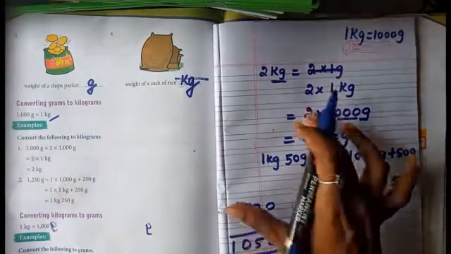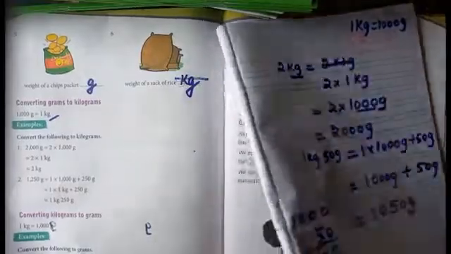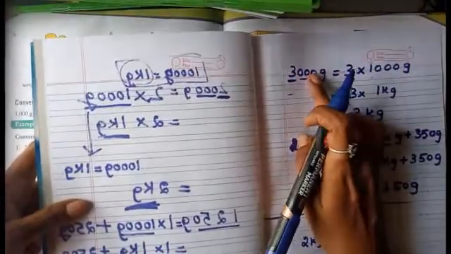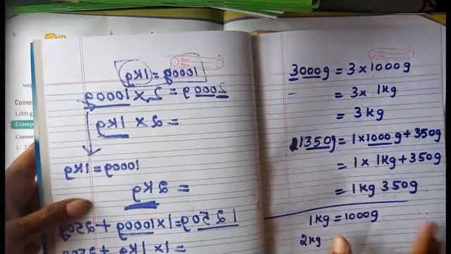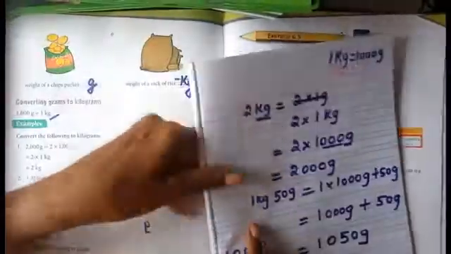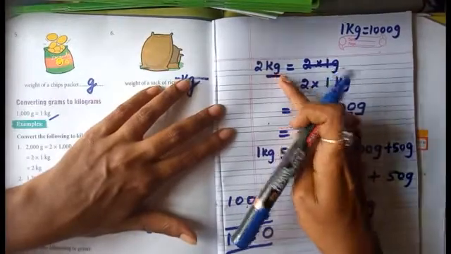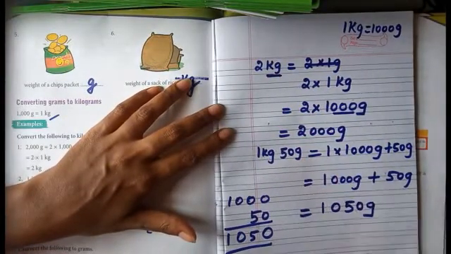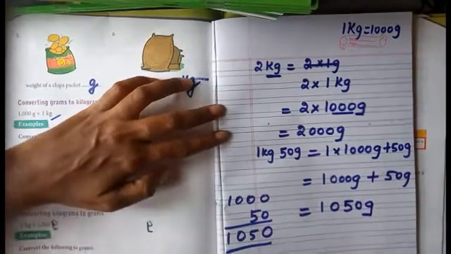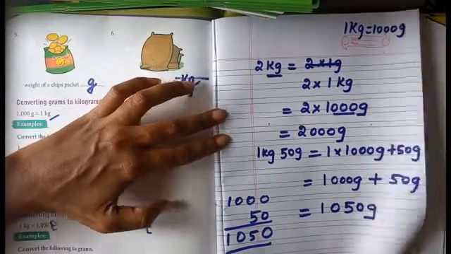So here too there are these two methods. There you learned two methods, 0, 0, 0 and when a number will be there. But here, kilogram is given, or kilogram and gram will both be given. You have to convert into gram. Understood? Yes. Shall we go for the exercise sum?